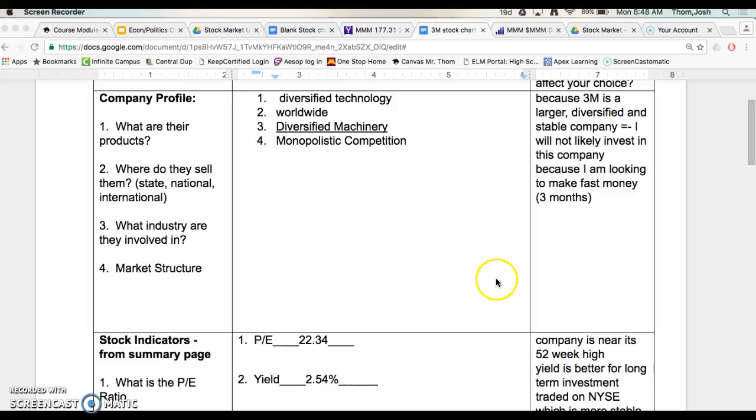And eventually you're going to write a paper on this. And when I read that paper, I want to find your reasoning for investing in these stocks, your outside research as the reasons for